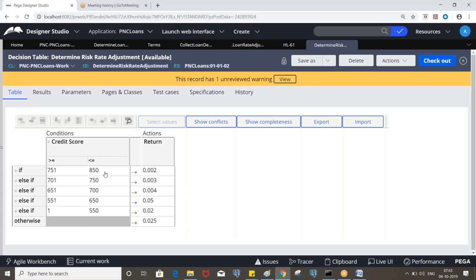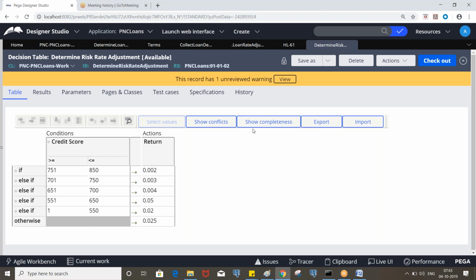We will restrict it to 850. If the user tries to enter more than 850 as a credit score, we will display an error message: it should not exceed 850. The maximum credit score would be 850 only. So we don't need to consider if it is greater than 850.